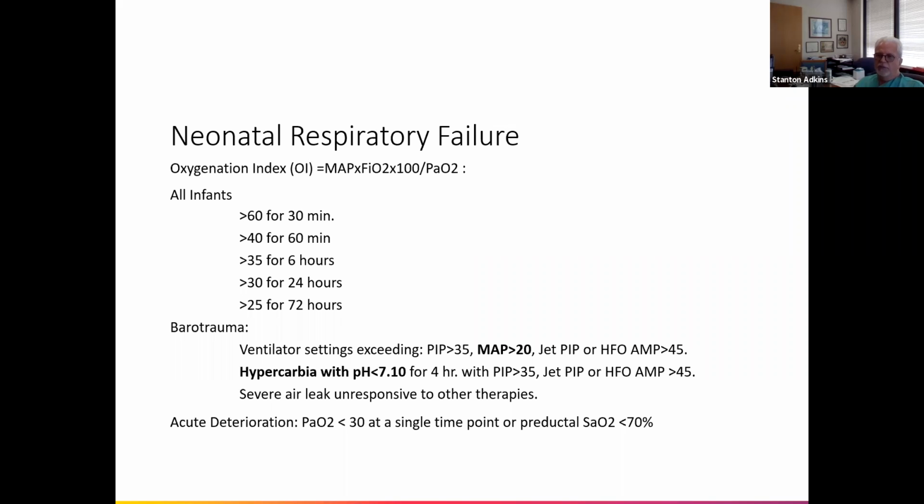Now, y'all, particularly those in the NICU, are going to be encountering neonatal respiratory failure. You know, when folks are, excuse me,